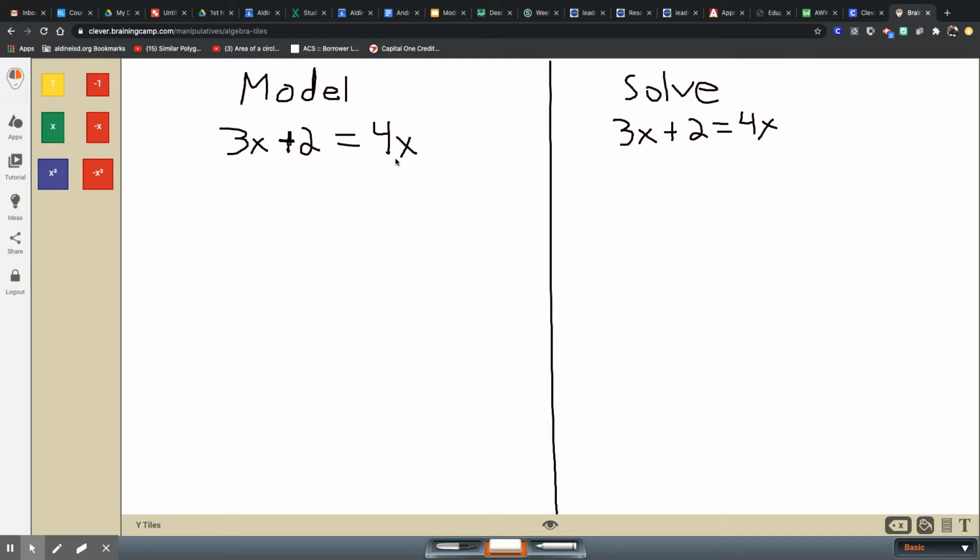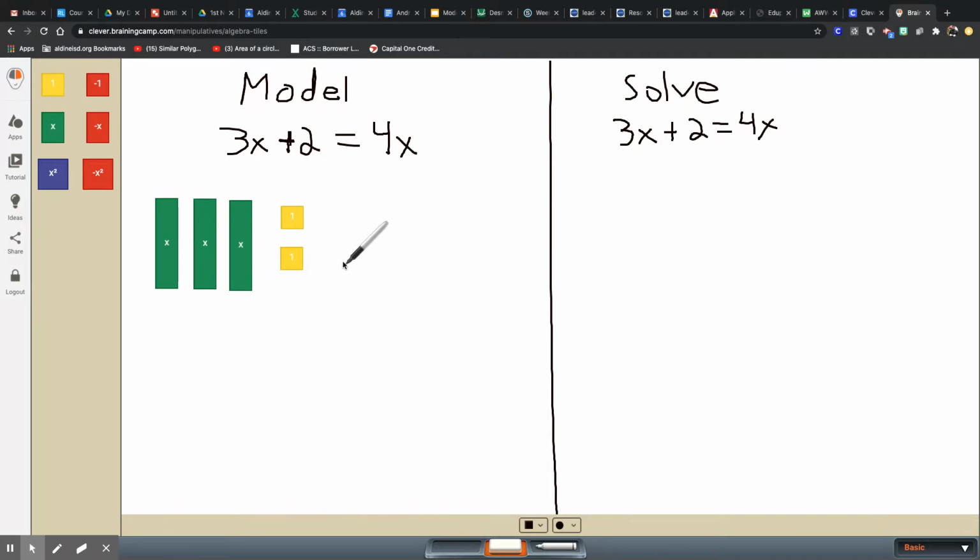I'm going to read it from left to right. So I have 3x. Those x's are positive, so I'm going to take 3 green bars. Then 3x plus 2, that's a positive 2, so I'm going to use 2 yellow squares is equal to,